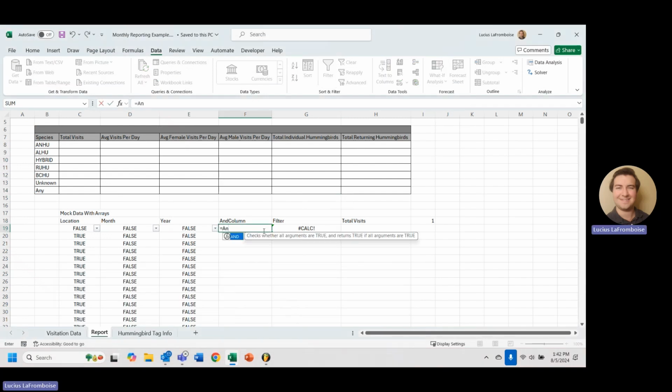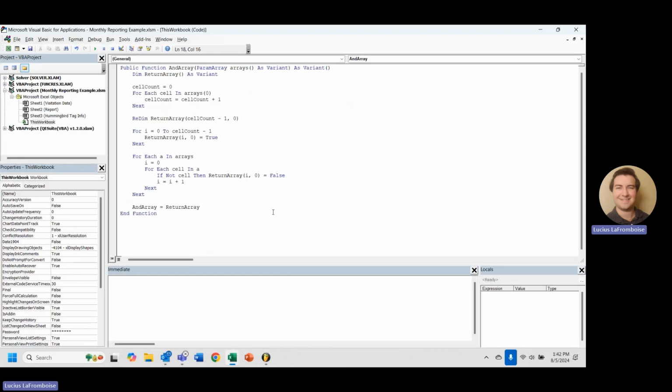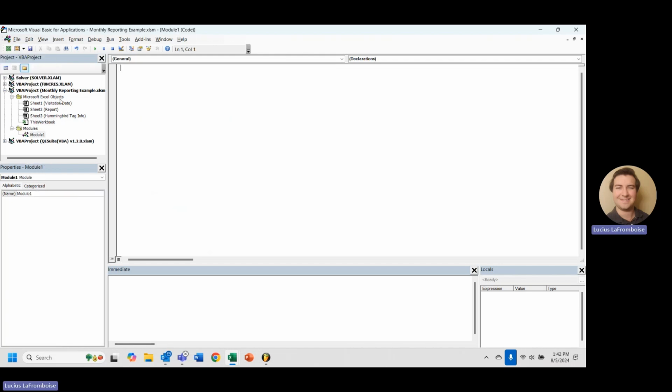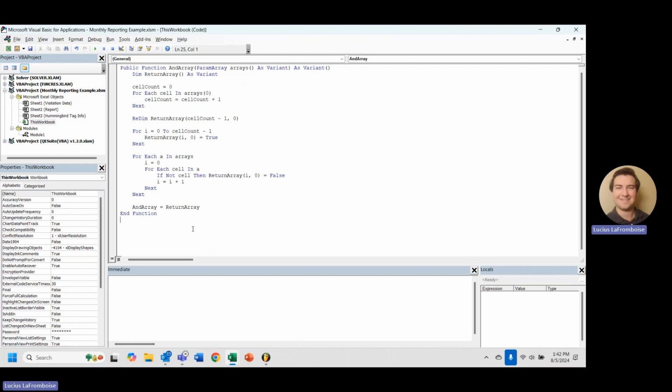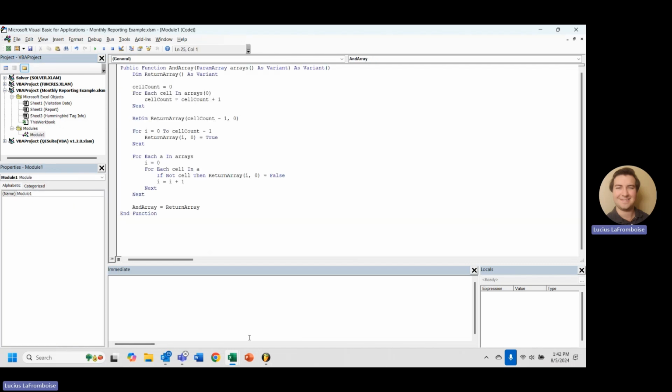All right, so now we're going to come in here, and we want to do and array. Let's go back in here and wonder why. The reporting example, public function and array, end function. Got it. I have to create a module. I wasn't actually in a module, I was in this workbook. So now if I come in here and I put it in the module,